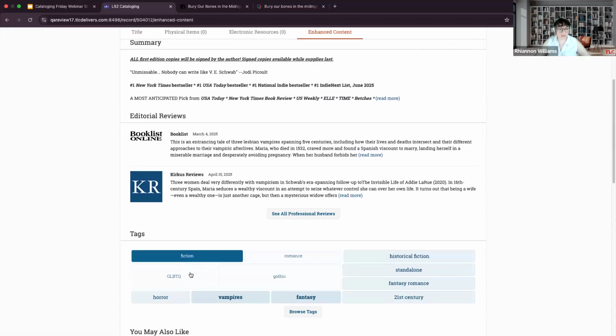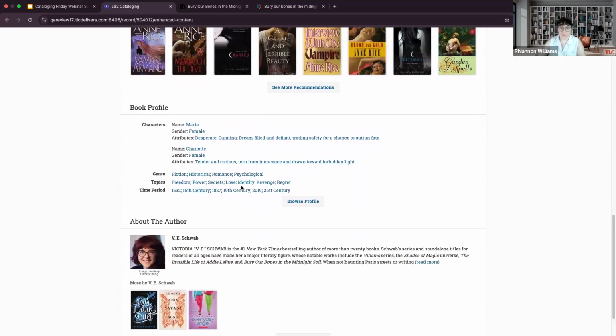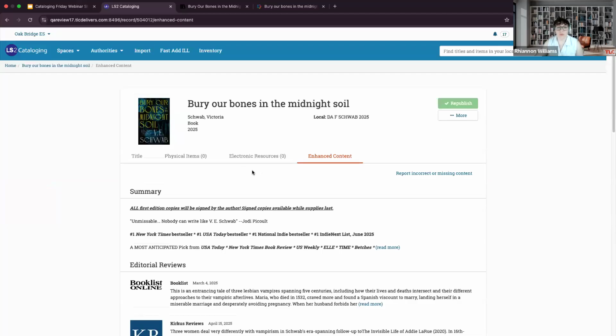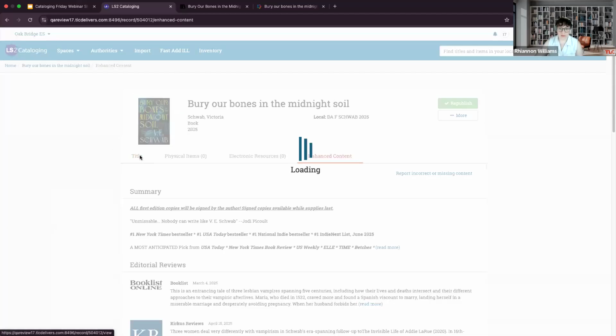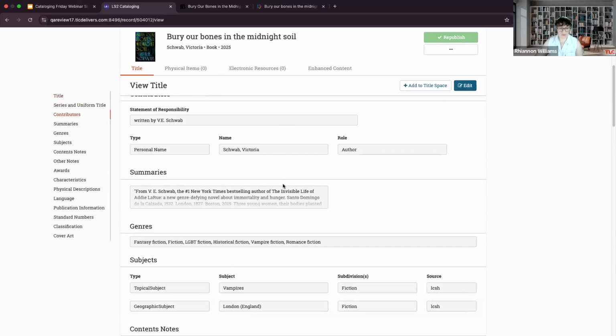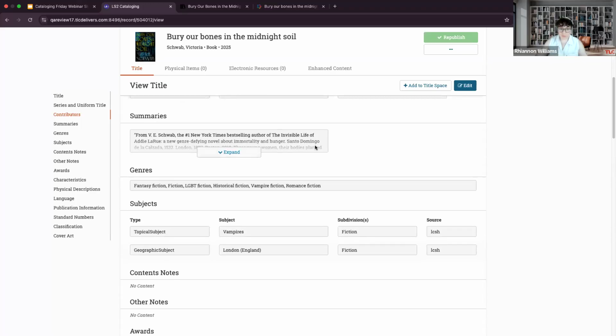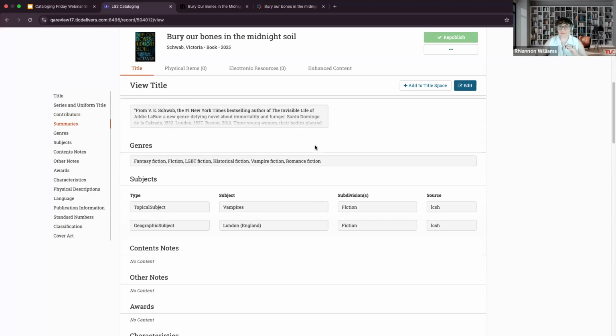Yep, so now I've got reviews and tags and other similar books, and info on the author and all that sort of stuff, depending on what you have configured to display in LS2 Pack. So here we've stepped through all of these different sections of the title editor, talked about what information you may add, where you might find it, resources for accessing it, and yeah, that was my brief, as brief as I could be, comprehensive overview of the title editor and